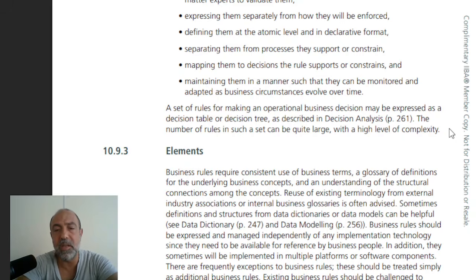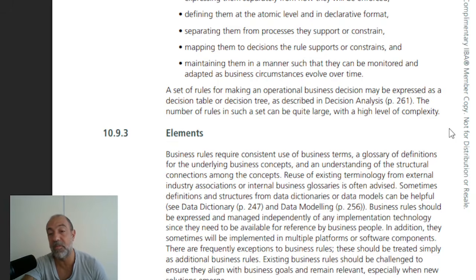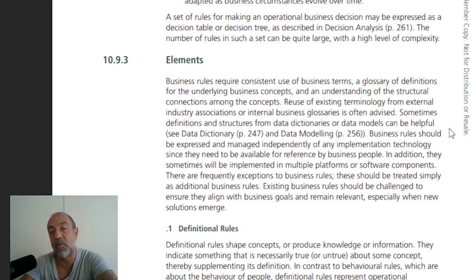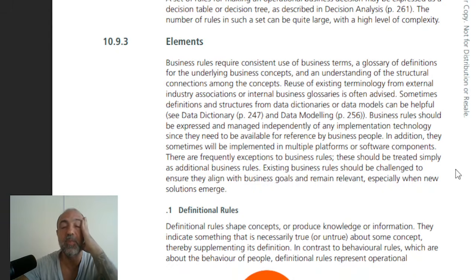And ultimately maintaining them in a manner such as they can be monitored and adapted as business circumstances evolve over time. Okay? A set of rules for making an operational business decision may be expressed as a decision table or decision tree, as described in decision analysis. The number of rules in such a set can be quite large, with a high level of complexity. Don't be the corporation that does all these rules. Do not be that corporation. Anyways,